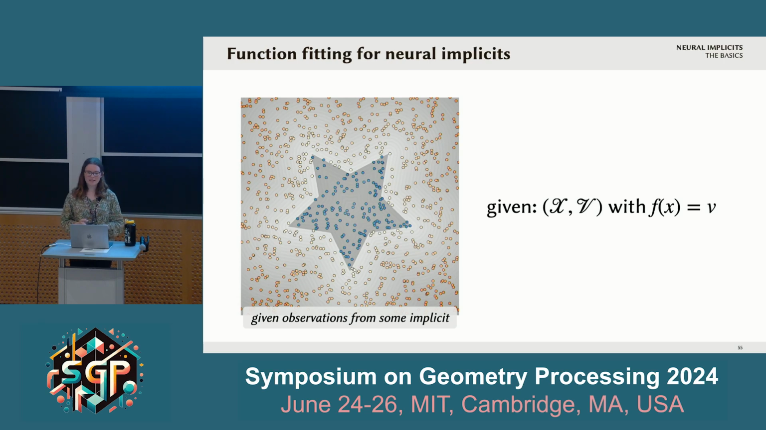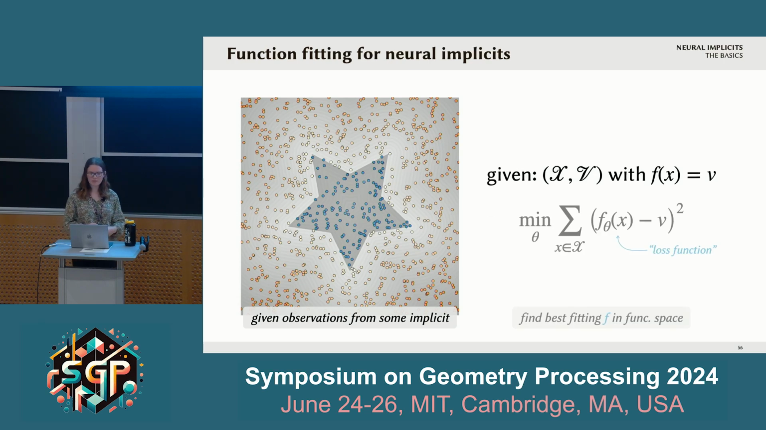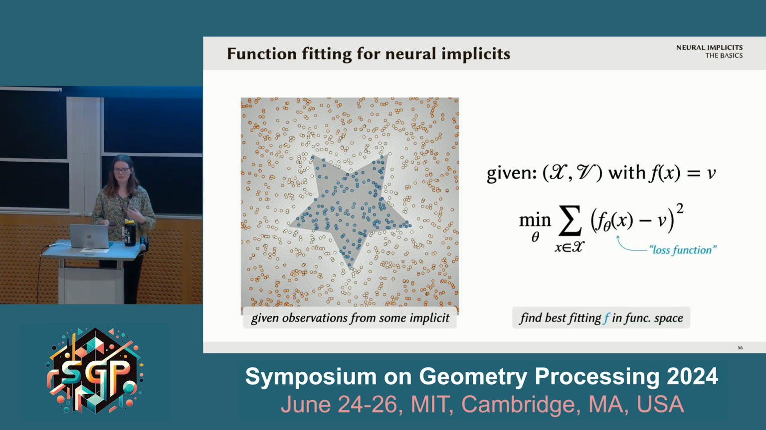The way that we actually fit a neural network is we want to find the neural network that best fits these observations, minimizing over the function space. So here we're minimizing over theta, which are the parameters defining our neural network. And we want to minimize some loss function, for example, the squared distance between what the neural network thinks the implicit function value should be at some points and the actual value that we